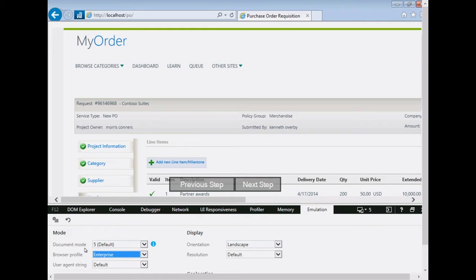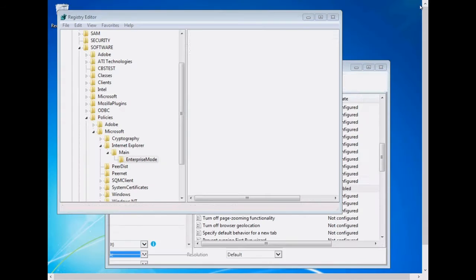Now this is interesting because I could either use IE8 Enterprise mode or I could use IE7 Enterprise mode because apparently this page doesn't have a valid doctype anyway, so it doesn't matter. I could use either of those because it's going to fall back to IE5 document mode either way. It doesn't really matter. All right, so now I know which document mode to use for this particular site. And I can close this out.